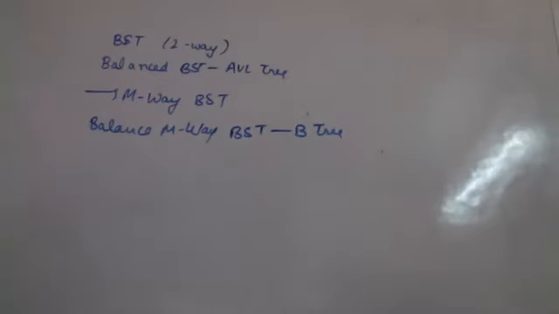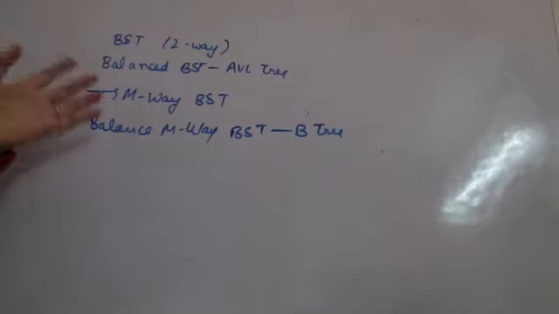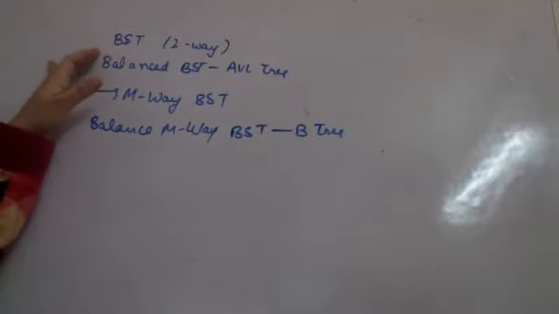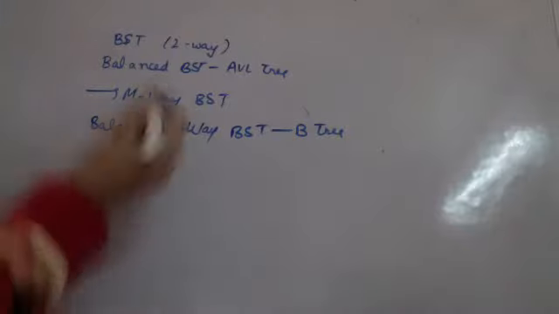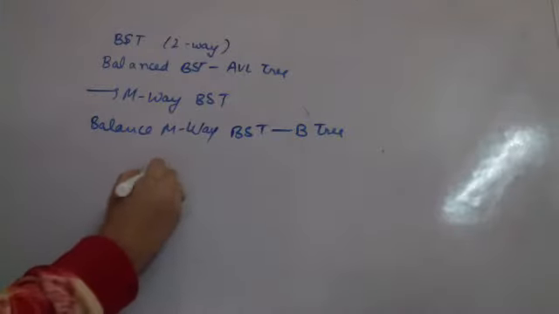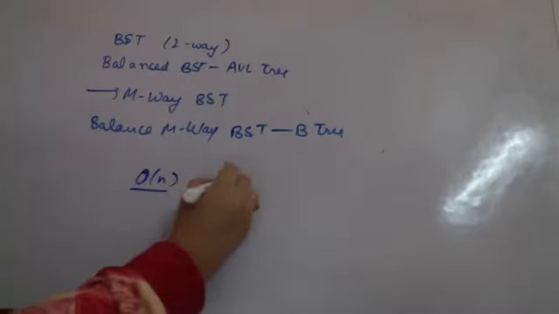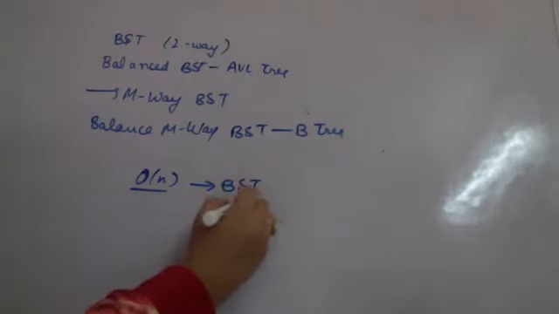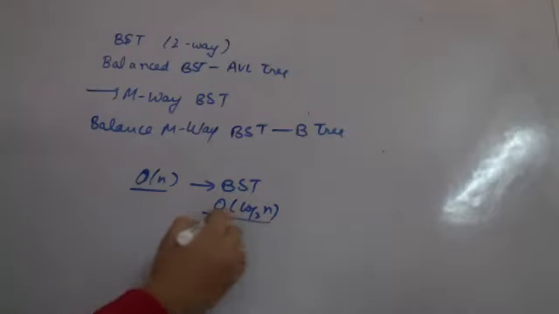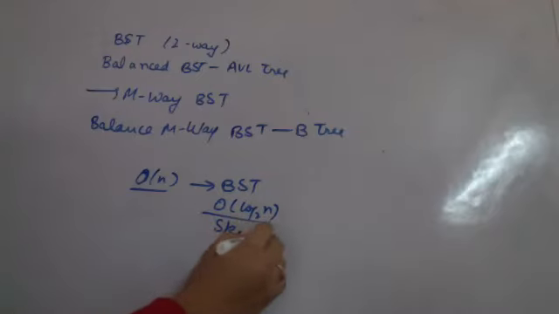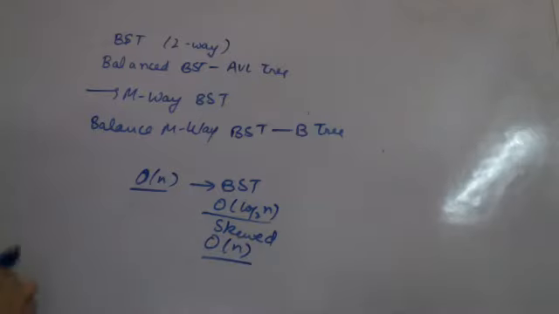Now, when we are talking about B trees, why do we come to B trees? What is the need of B trees? We know that we have binary search tree to reduce the effort of searching. In a binary search tree, we are trying to reduce the order from n to the order of log 2n. Now what happens is binary tree may get skewed, and when it gets skewed, in the worst case, again the searching time goes of the order n.